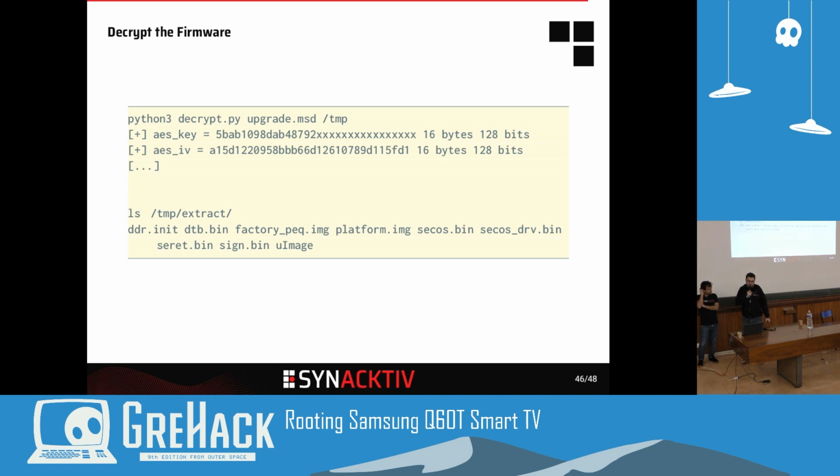You have a different IV for each file. You have some salt, and so we reverse engineered the file format, and we wrote these scripts that use the MD5 of the key and try to decrypt. So when we extract the upgrade.msd encrypted file, you get